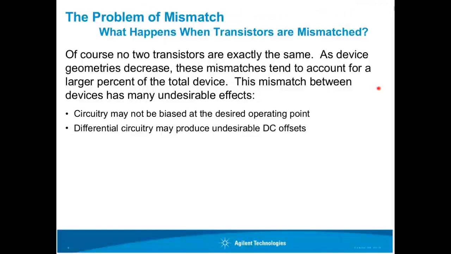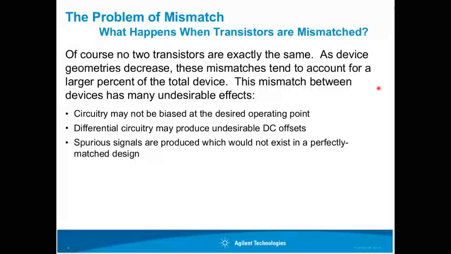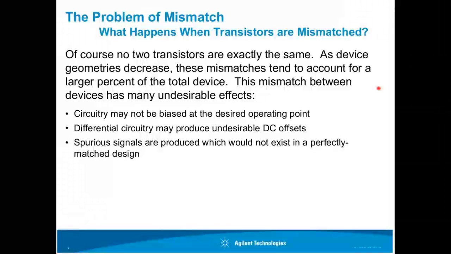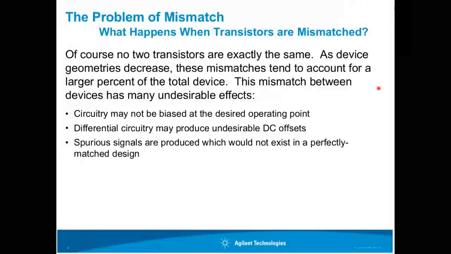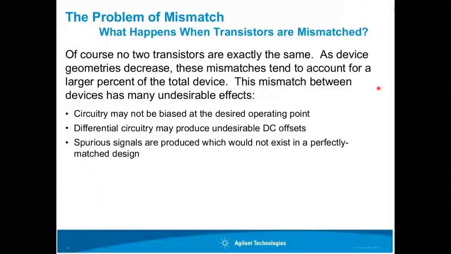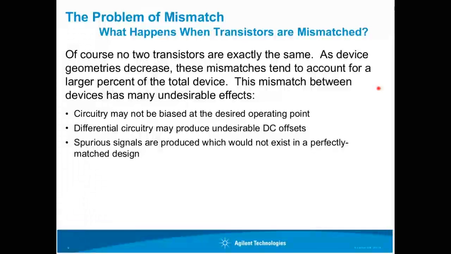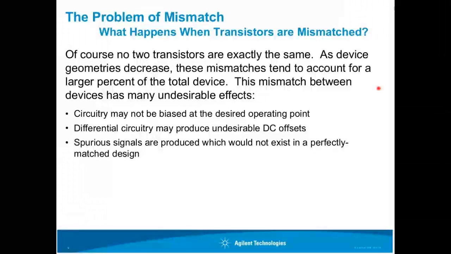And when you're working with radio circuits, you may find that in a matched environment, there are spurious signals that are suppressed, but when you have mismatch effects, you sometimes generate signals that wouldn't be there otherwise. For instance, second-order intermodulation products may crop up that were canceled out when you used the nominal case with matched